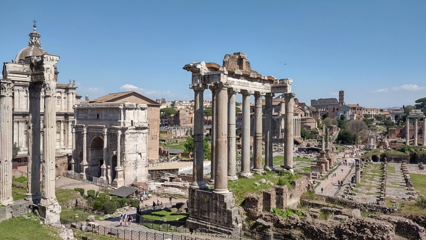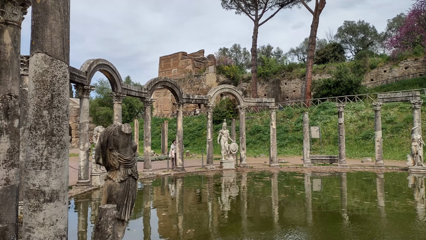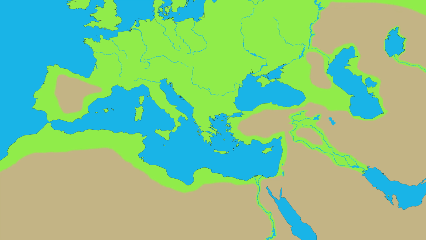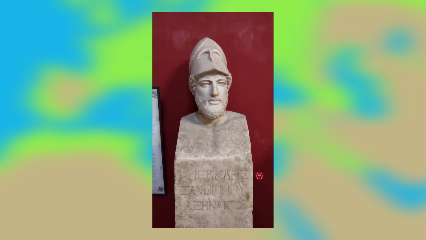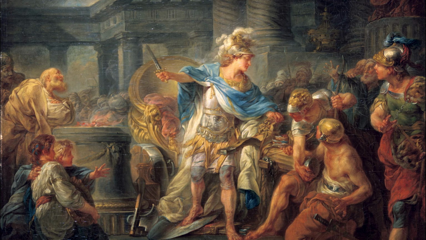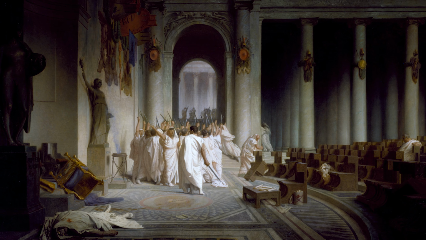The historical period known to us today as Classical Antiquity is most commonly thought to have begun in the 8th century BC and to have ended in the 5th century AD. I'll be focusing on the history of the area in and around the Mediterranean, primarily centering on Greek and Roman civilization. This video aims to provide you with a brief introduction to the most notable historical events from Classical Antiquity.